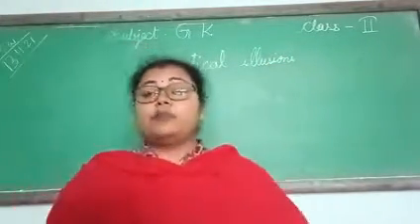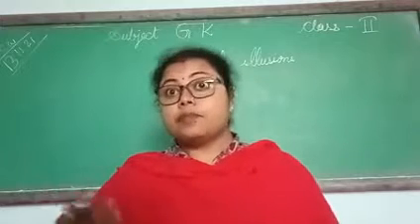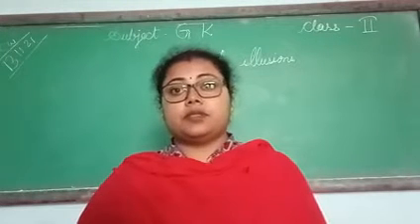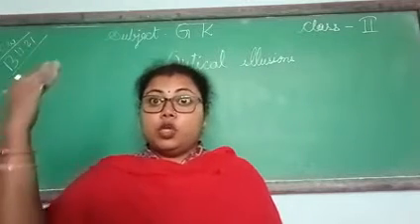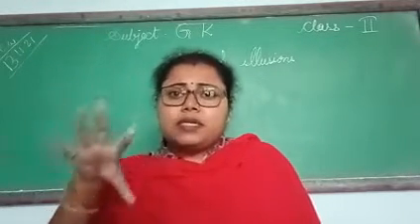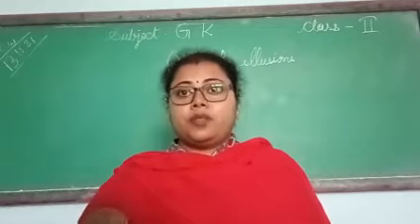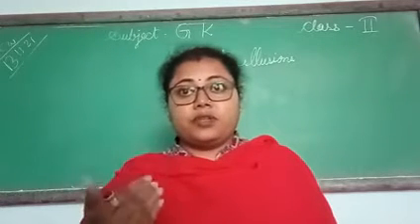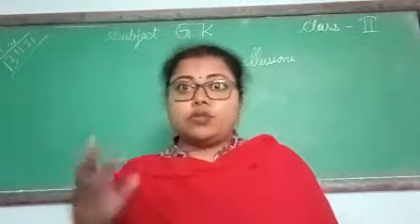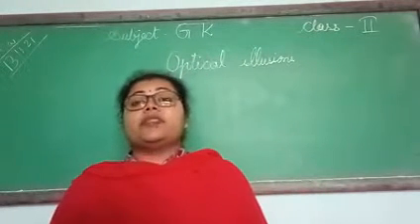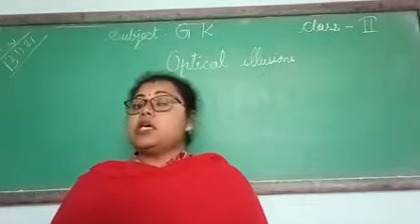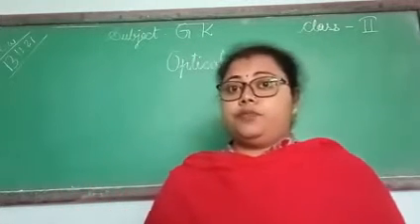What is the meaning of optical illusions? They are some creativity of some persons. It means if you see them, they look different, but something is hidden there. The drawing is different and what you see is not true. Something hidden is inside it. Those things are known as optical illusions.